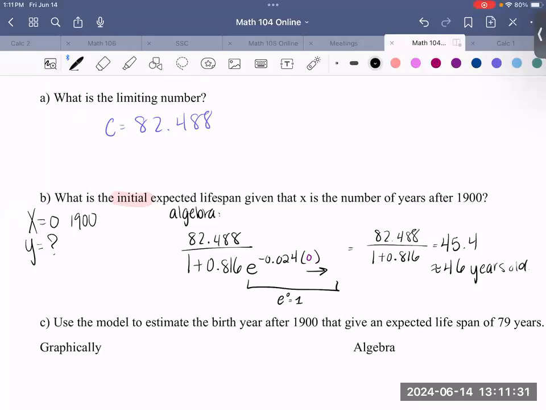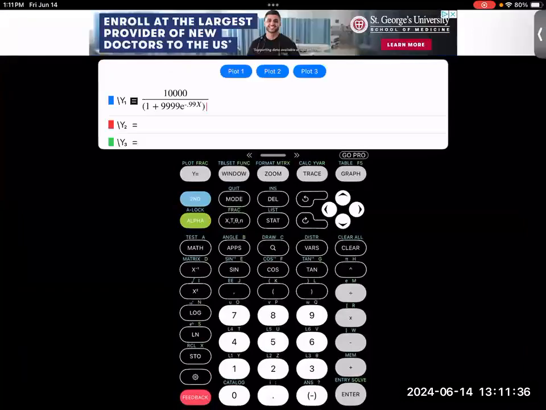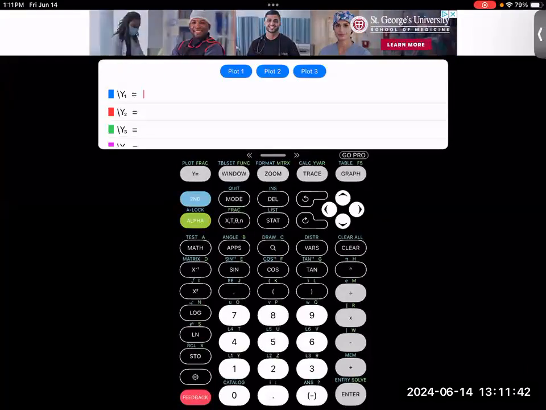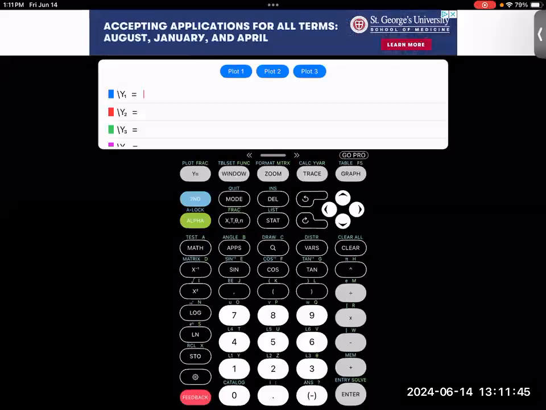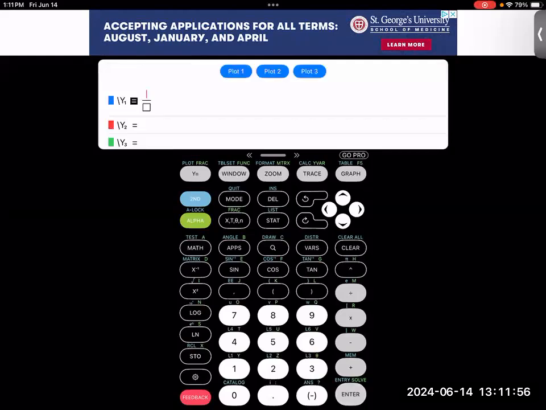I'll also show you how to do it on the graphing calculator. Desmos is pretty easy. It allows you just to punch in your equation, and then locate your initial value where x is equal to 0 by tapping your graph and figuring out that y value. Now we are just going to practice punching in your equation. We have 82.488 plus